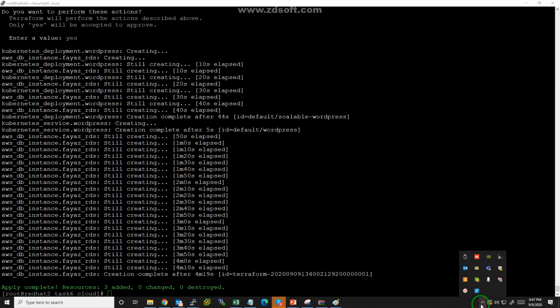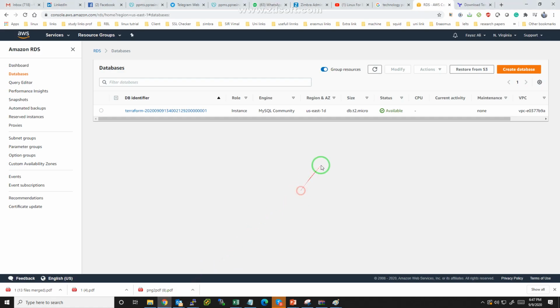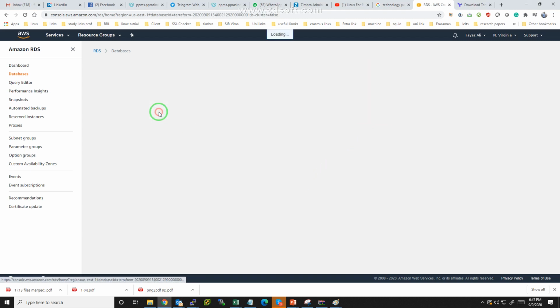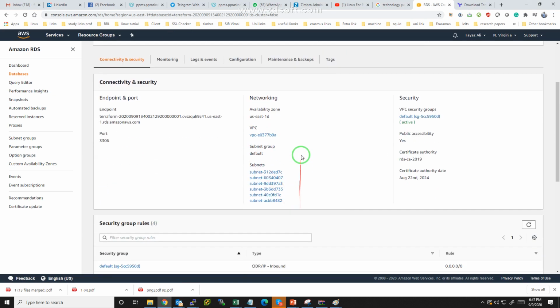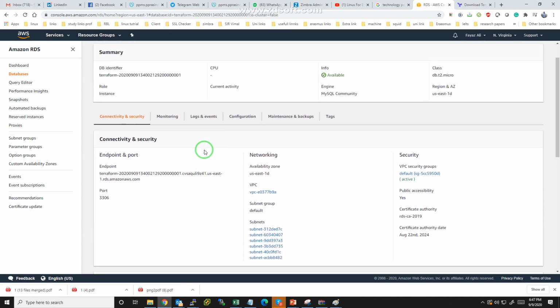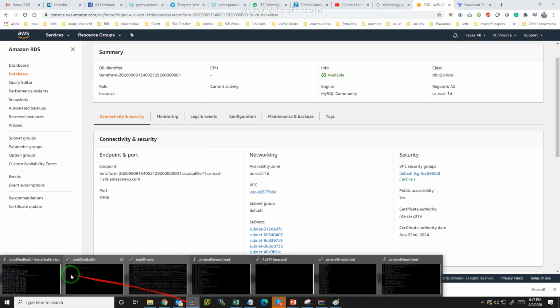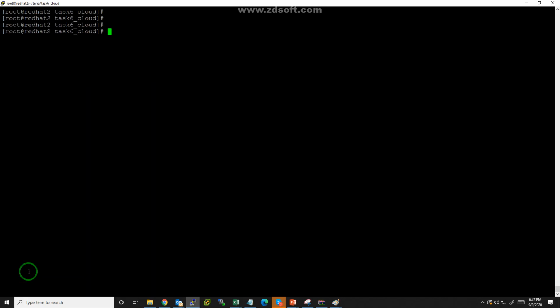So right now the code has completed, as all the things have been added. Let's see the AWS. Yes, it's available on AWS. My RDS has been launched, so you can see these things over here. So let's check the application, which is WordPress.